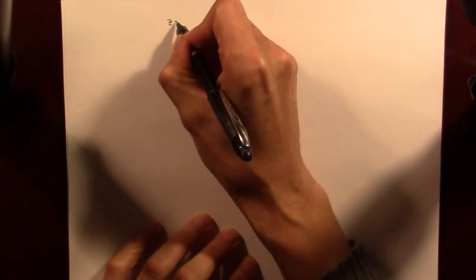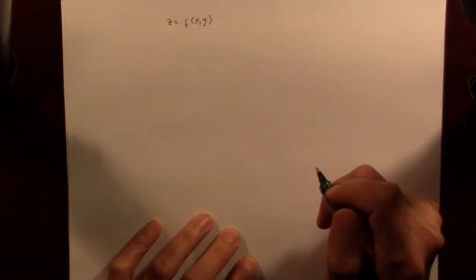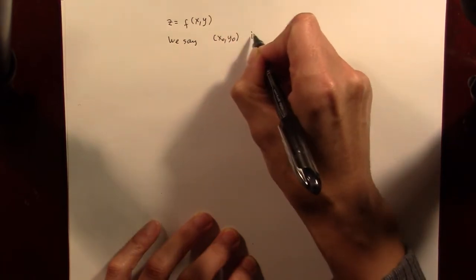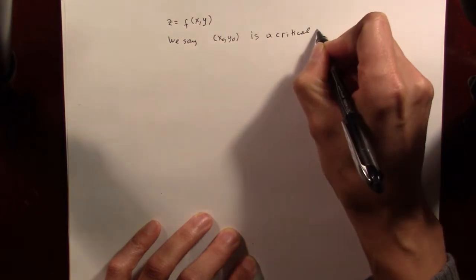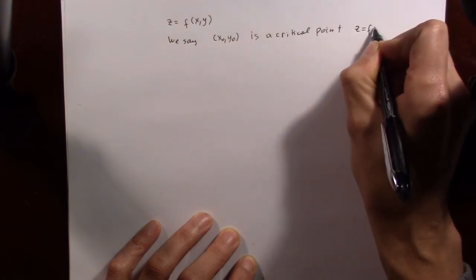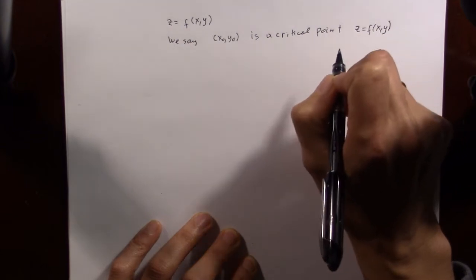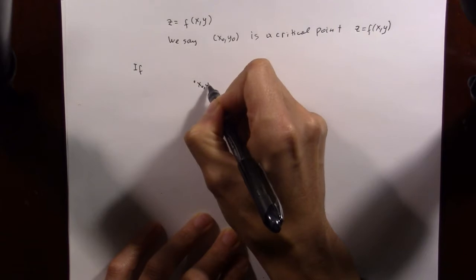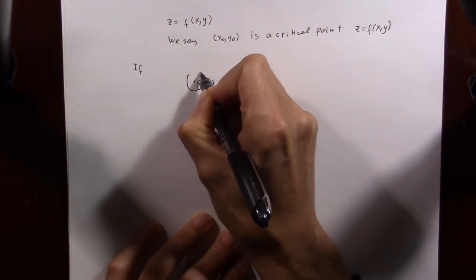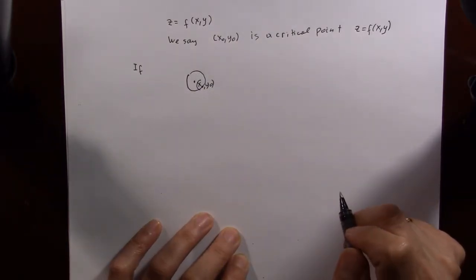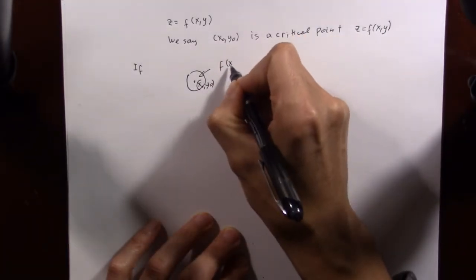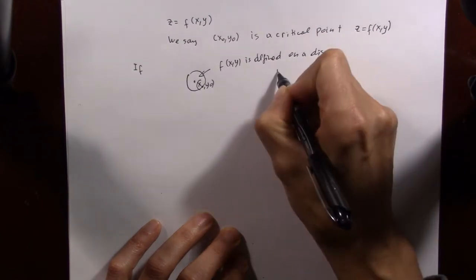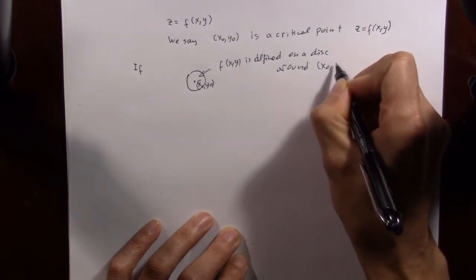If we have function z, which is a function on two variables f of x and y, say x0, y0 is a critical point of this function if, firstly, we have a point x0, y0, and we can draw a disk around that point, and the function is defined on the whole disk around point x0, y0, and